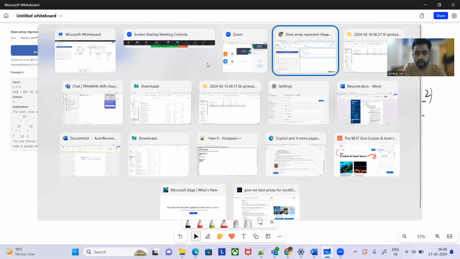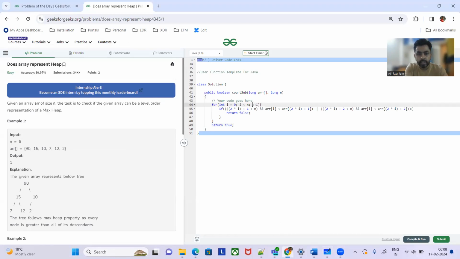Let's quickly see the code. I've already implemented it. The Java and C++ code is basically the same. So we'll iterate through the array, and here we are checking one condition for the left child. We check that 2 into I plus 1 should not exceed the size, and if the parent element is less than the element at 2 into I plus 1, that is the left child,